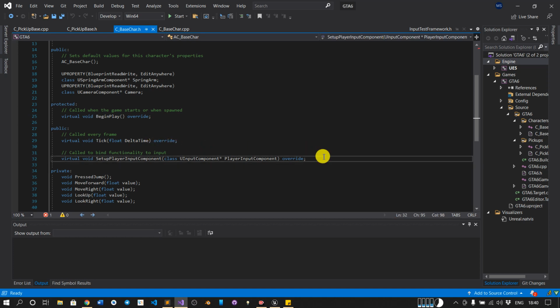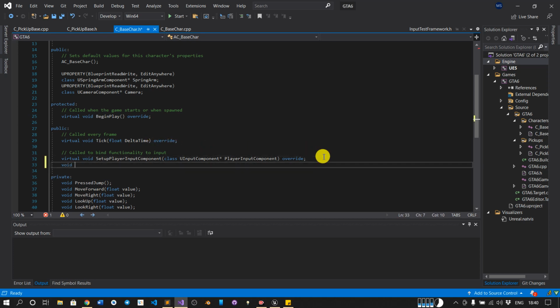So for this, first we need a variable called AddGun, and we need a class of AC_PickupBase, like NearbyGun.